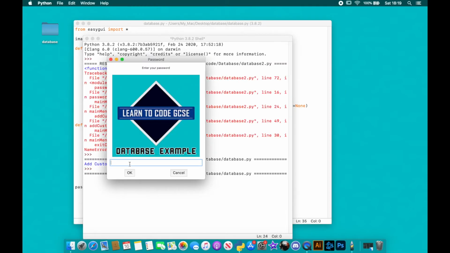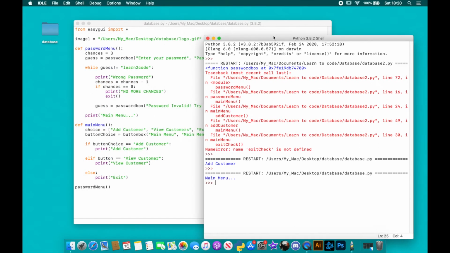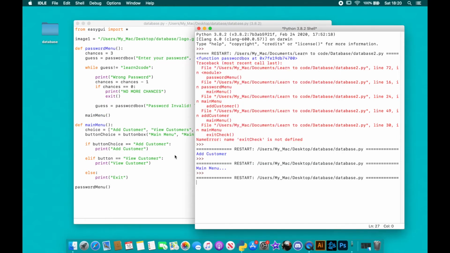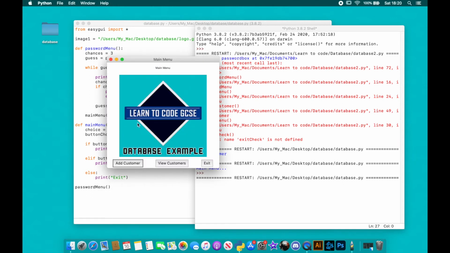So here's our password menu. I'm just going to paste in the correct password there. And then at the moment it doesn't work, because we haven't actually changed this print statement here to actually go into the main menu. So we're going to change that print statement to main menu. So let's try that again. So here, I'm just going to paste in the correct password, press OK, and there we are, straight into the